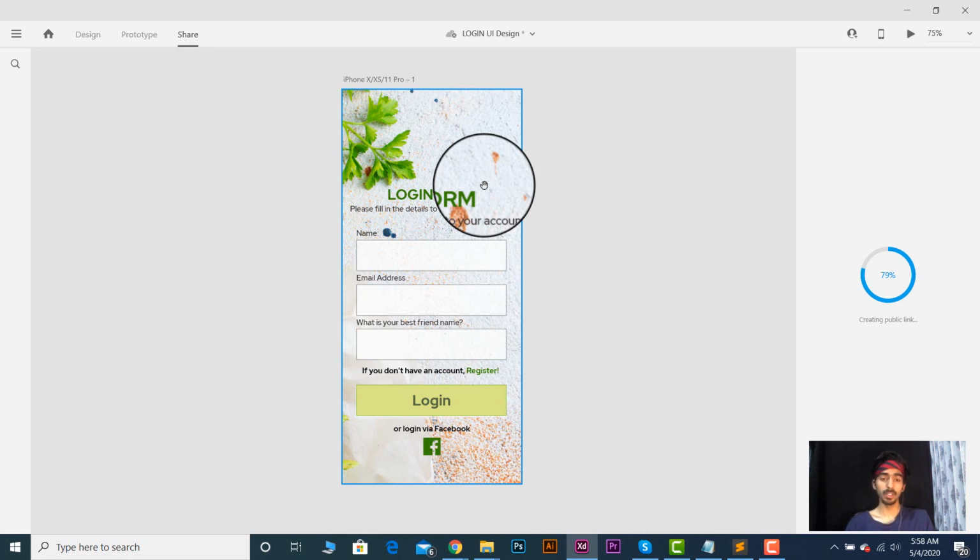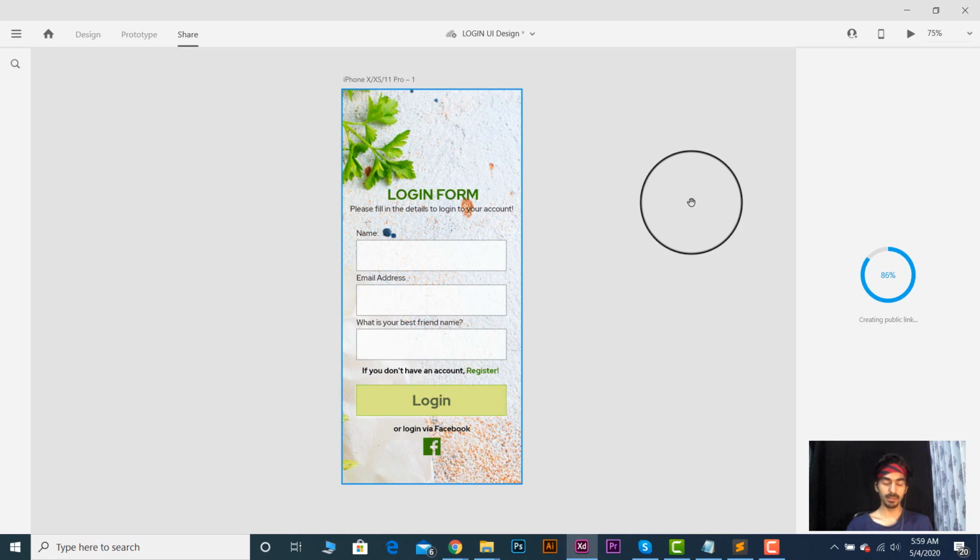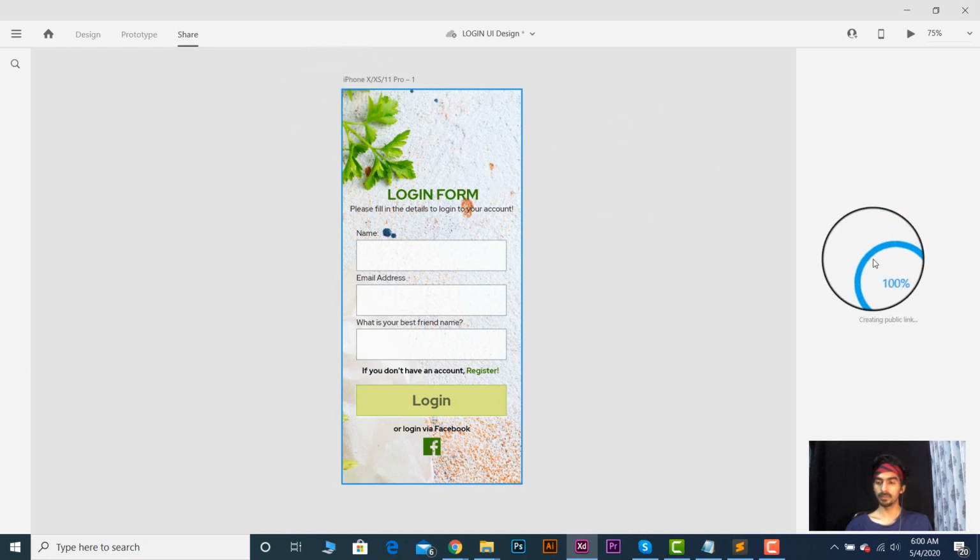So this will help developers a lot who can create a website, a mobile application, or something else pixel perfect and responsive, because it shows everything accurate as we are seeing on the artboard. If you want to see how I created this design, you can see the previous video I uploaded, or you can see the playlist of Adobe XD.